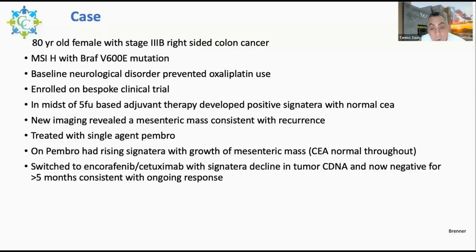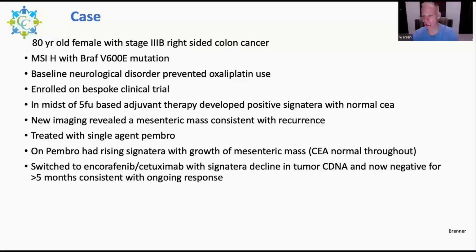Can I ask a quick question? When the patient went on pembrolizumab and there was growth of the mesenteric mass, although we don't frankly see pseudoprogression as much in these patients, was there a possibility that she actually would still have responded to pembrolizumab if you continued, or was this quite a bit of growth? It was quite a bit of growth, but I think that's actually where the Signatera was